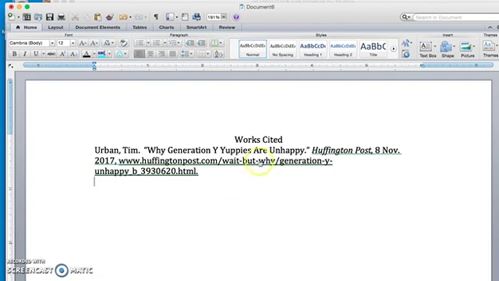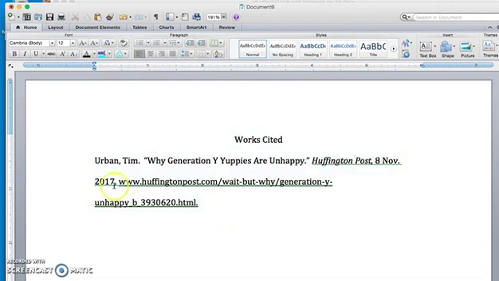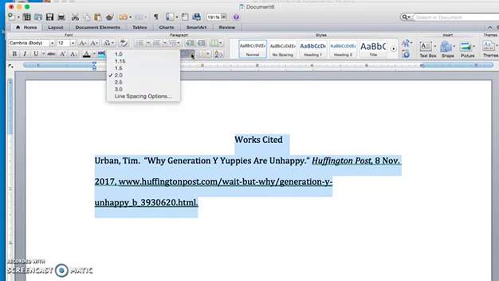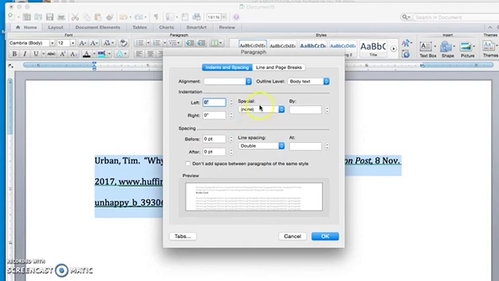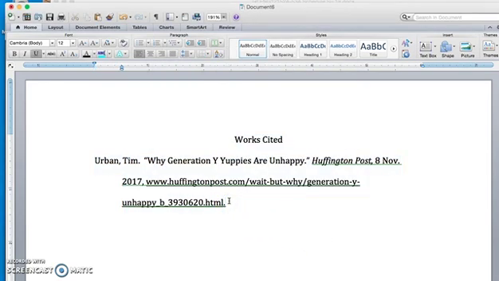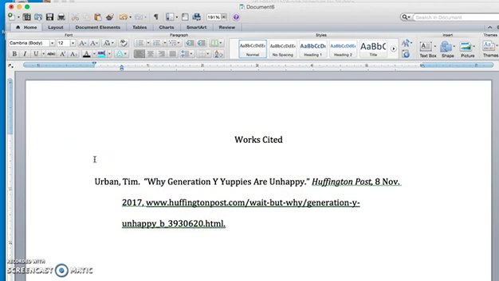Now, the next thing you have to do on a works cited list is everything needs to be double spaced. Once I have the list together, I would go through and double space it. Then you also want what is called a hanging indent. Go up here to your paragraph icon, whether you're on a Mac or Windows, and there's a place where you can have options, usually under special, and we want to put hanging, and that's what it looks like. Then we would move on to our next one. Actually, because it's going to be alphabetized, I would have to put